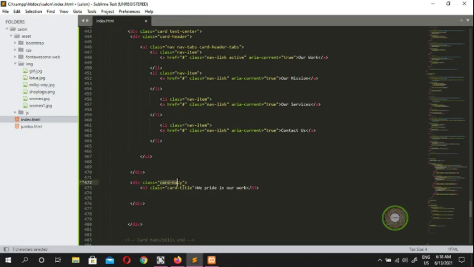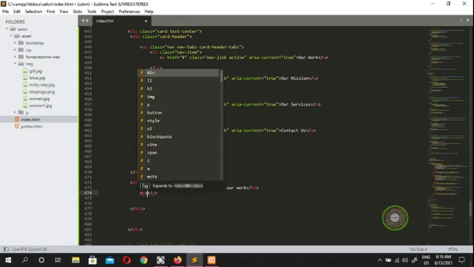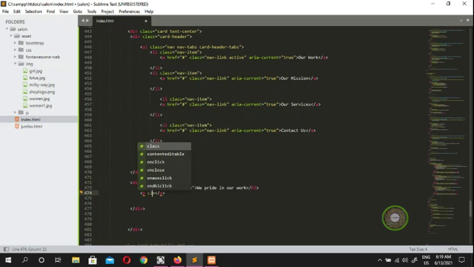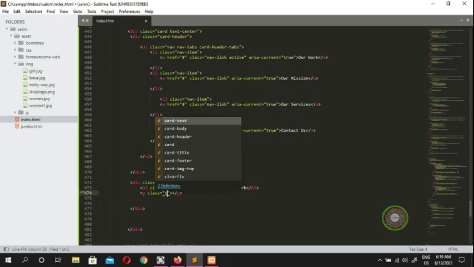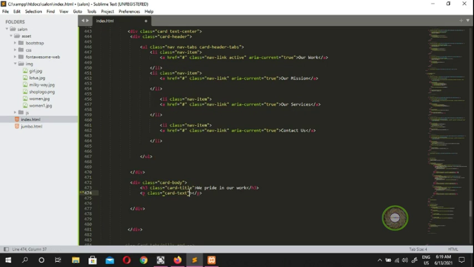Keep in mind we are in card body, and after that we put a card text, and that one comes in as p, class card text. And in here we're gonna put a lot of text. Say we pride